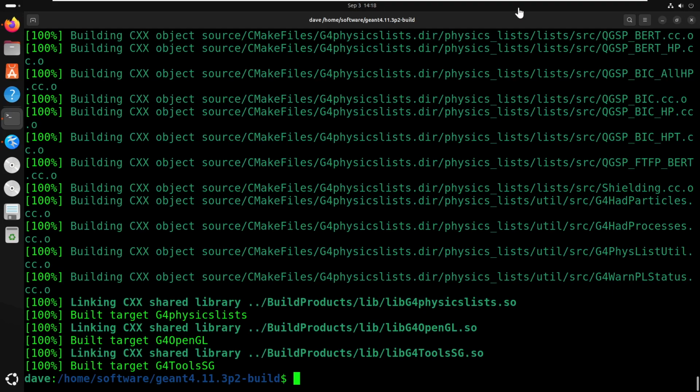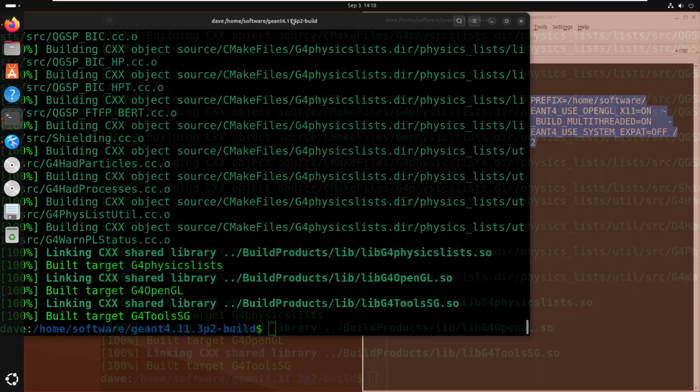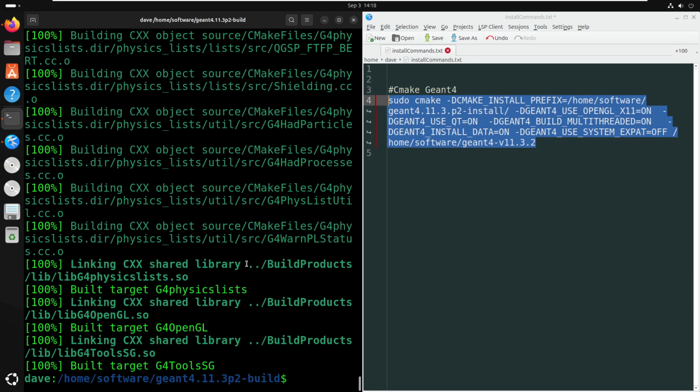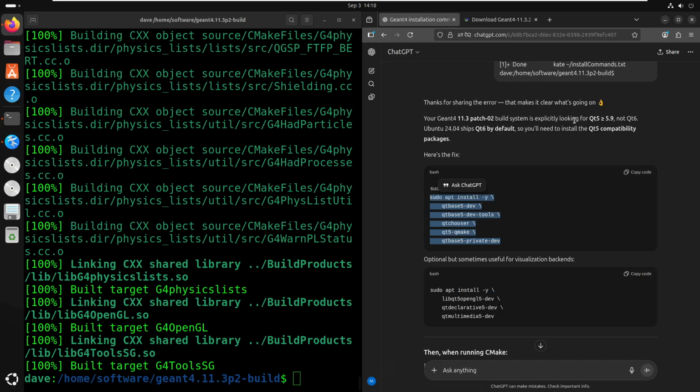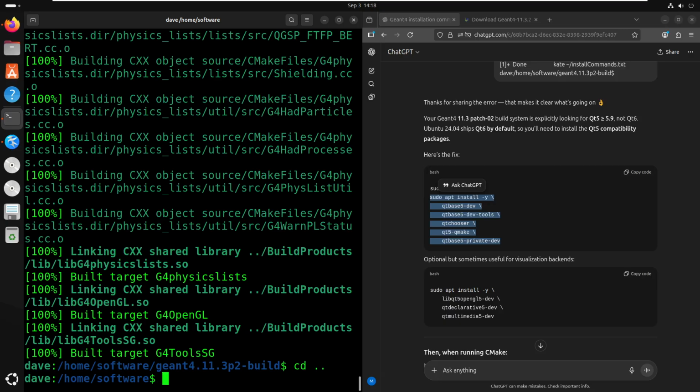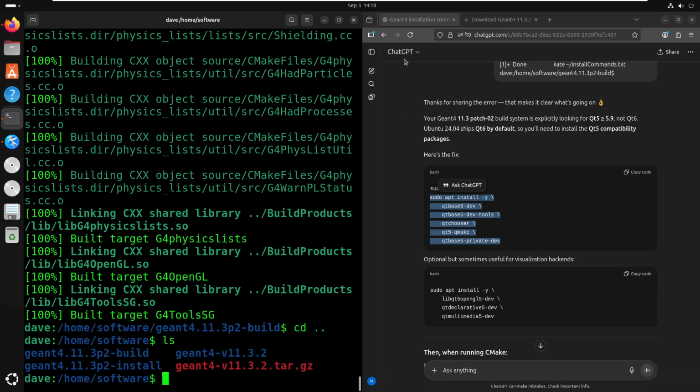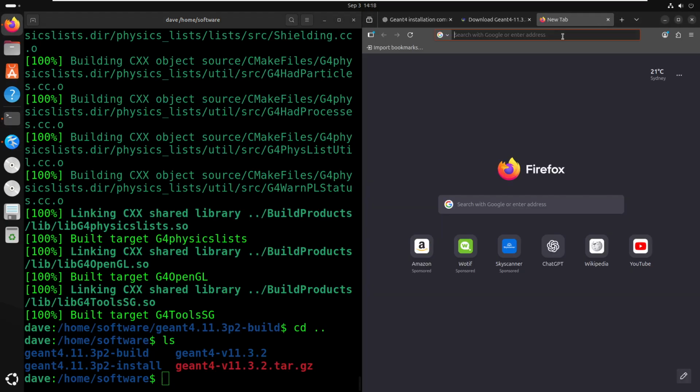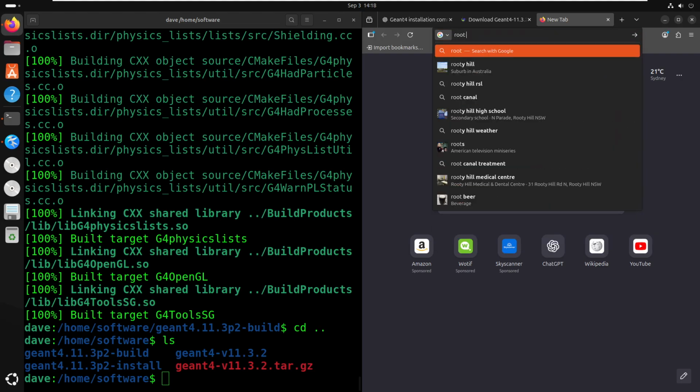Okay, so we've installed Geant4. Now let's go to installing ROOT, which, as I was saying in the previous installation video of Geant4, is a data toolkit, also a very CERN-heavy application. So if we just go to ROOT,